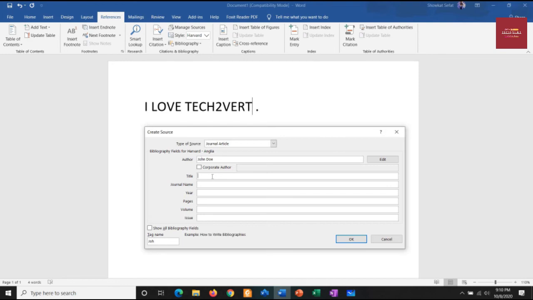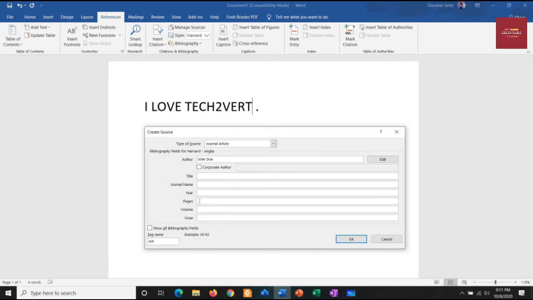So the title, here you're going to write the name of the source. Then the journal name is going to be the name of the journal, say for example Elsevier, ResearchGate, Emerald Insight, and many other things. In year, you are going to use the year that the journal published the article that you are going to cite.